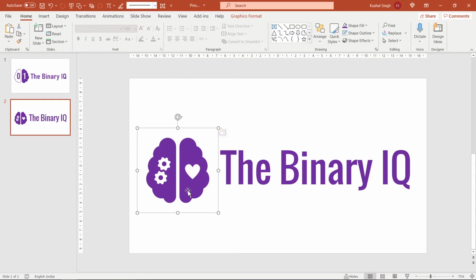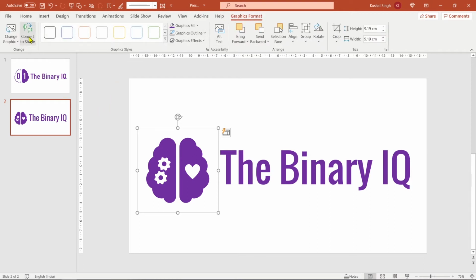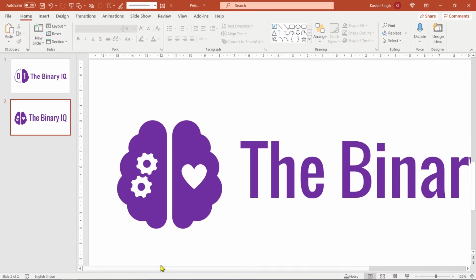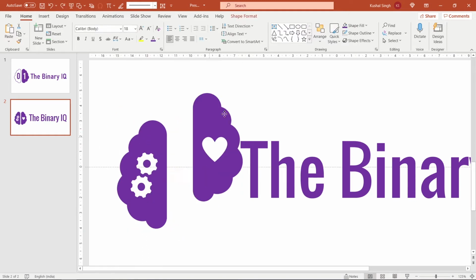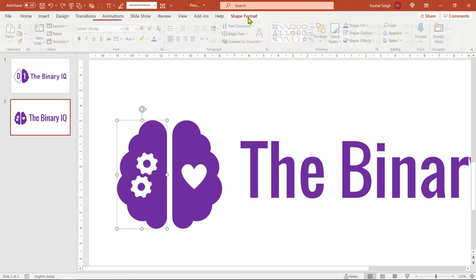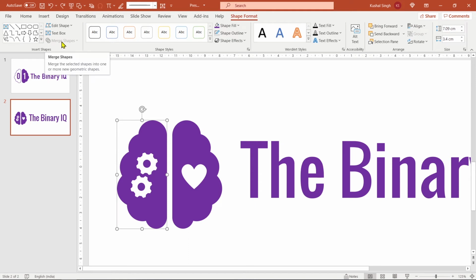For that, simply select the graphic. Once you select a graphic, you can see a graphics format appear on the right. I'll go inside this graphic format. First of all, convert it to a shape. So I'll just select to convert it to a shape. I'll just zoom in right to the graphic. Now you can see this has become a different shape, and these are now in fact different shapes. So in order to remove this, all you have to do is use a very simple concept in PowerPoint, in the shape formatter, which is using these merge shapes option. Right now it's unselected because I just have one shape selected.